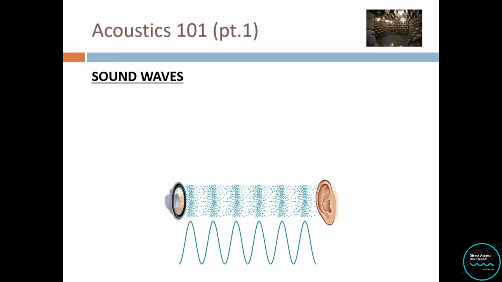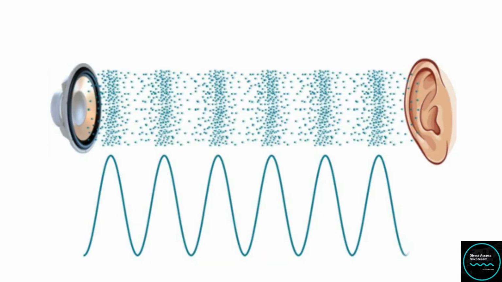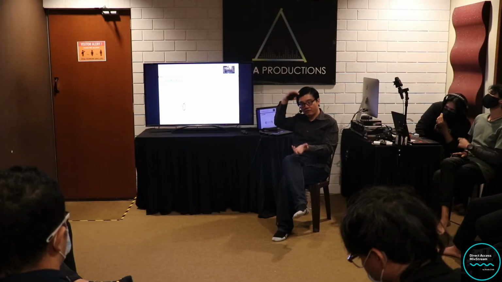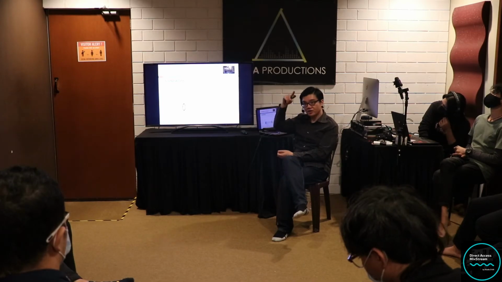Okay, now sound waves. As you can see, there is a little loudspeaker, with sound traveling to our ears. Now, those blue dots that you see in the middle, blue or green, right? Those are actually the air molecules. So you can see the thicker, darker bands of air molecules, that's where the air is being pressurized. Then you can see the ones where the air molecules are a little bit further apart, that's where the air is being rarefied. So you have compression, you have rarefaction. In compression, the pressure is high. In rarefaction, the pressure is low.